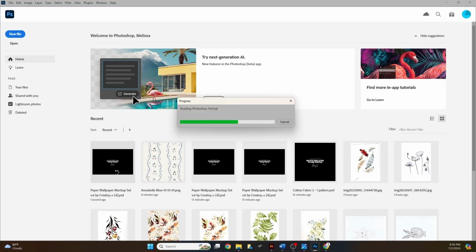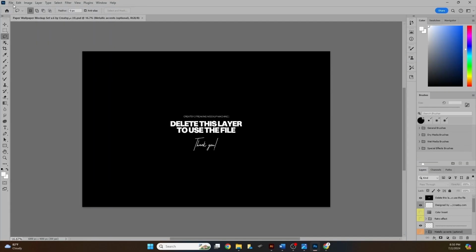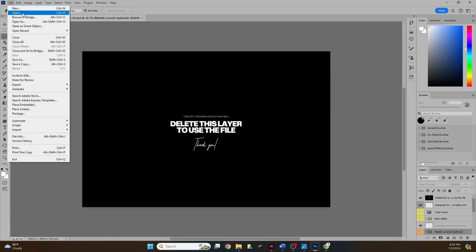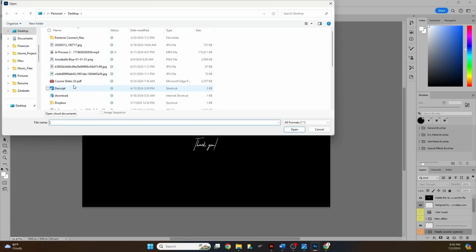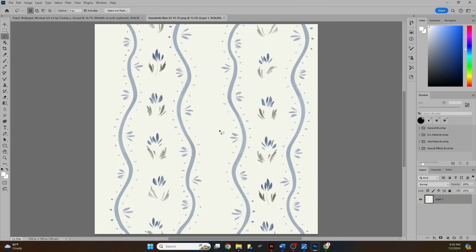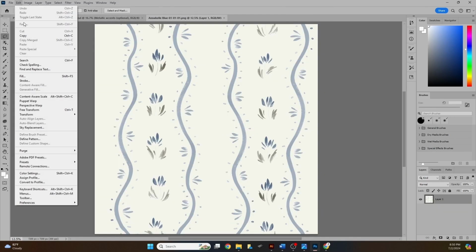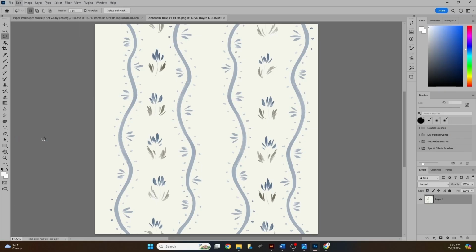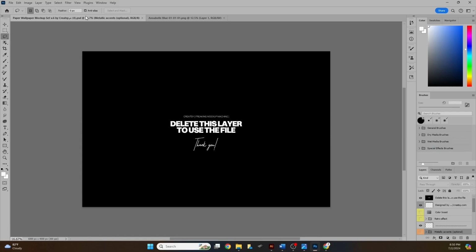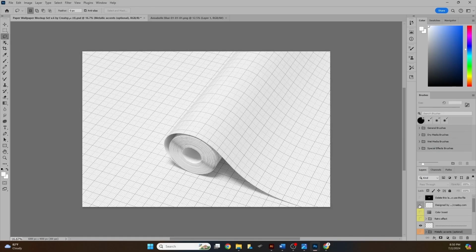You're going to open up Photoshop and the file that you've downloaded, the template. Next, I want you to open a pattern repeat file. Once you have your pattern open, I want you to go to Edit and Define Pattern. That pattern will now be saved in your library. Next, go back to the mockup file and find the design layer on the right-hand side of the panel and